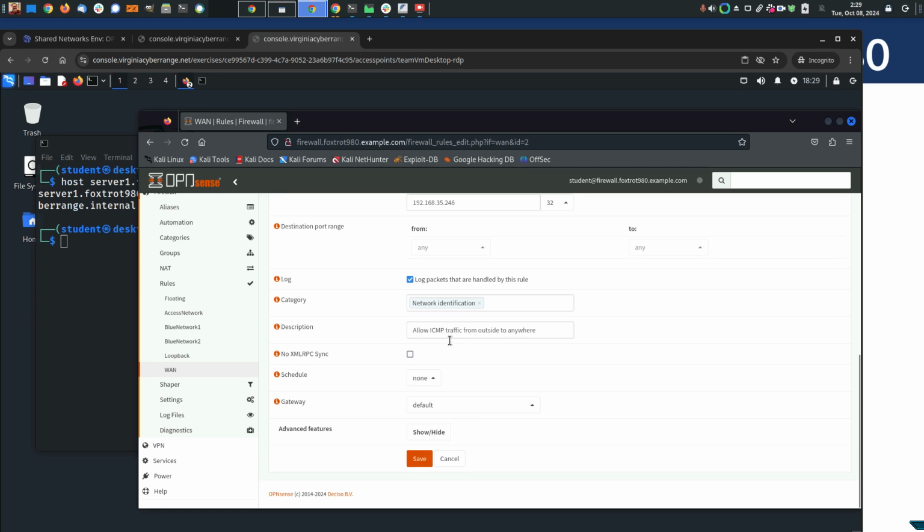And then we need to give it a good description. So I'm going to say specifically, this is a web rule, and this is allow ICMP traffic from outside to server 1. So be very explicit and include the type of rule. So if it was a DMZ rule, I'd put DMZ here. If this was some other type of rule, I'd put that here in the beginning. That's my own system, and then a more descriptive part over here to the right. I'm going to go and save that,